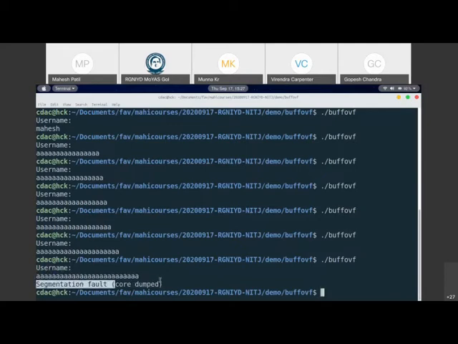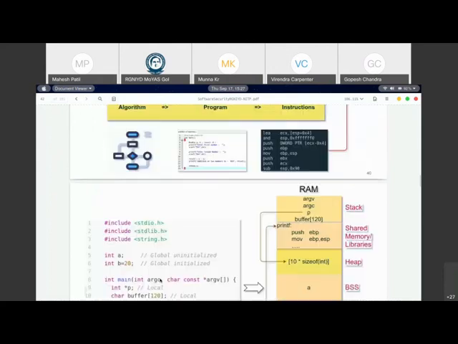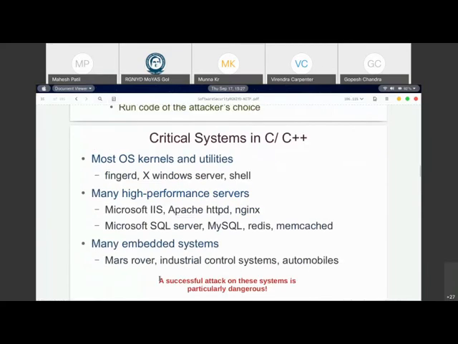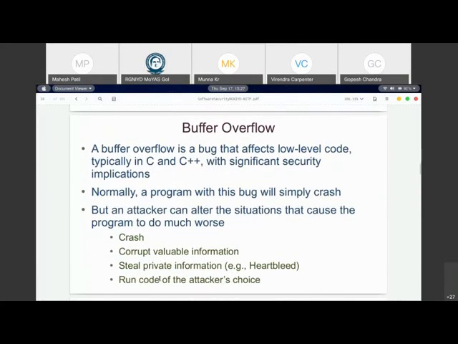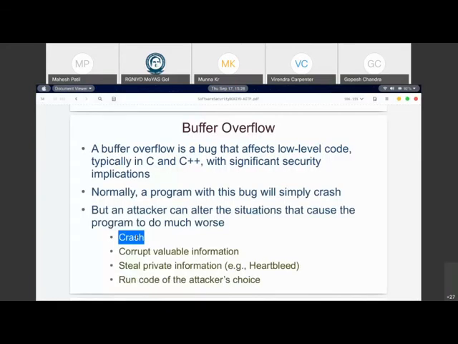And this is the first thing which we discussed actually. So if you remember the slides which I was talking about, what can an attacker do? An attacker can actually crash the program. And this is precisely what is shown in this example: by giving a buffer overflow which is more than the allocated size, I can crash the program, which is popularly called a denial of service attack in the world of security. So this is the first thing we have demonstrated. So as an attacker, I can crash the program.